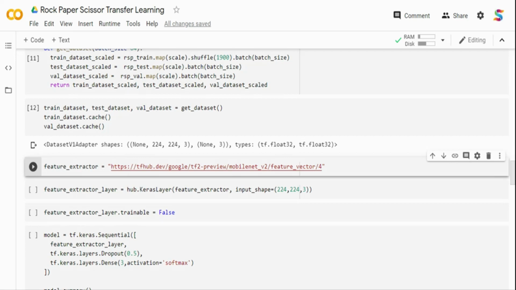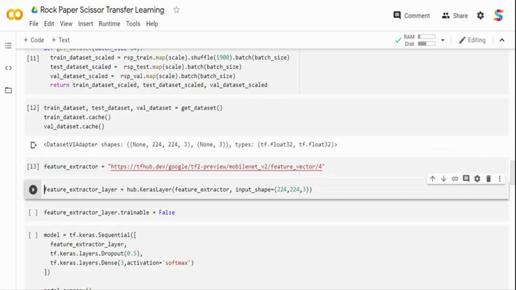I'm going to take the feature vector as it is, set trainable to false, attach a final classification head to it, and then train on my particular images. So let me get the data from TensorFlow Hub, and here I am just getting the feature extractor, the hub.KerasLayer.